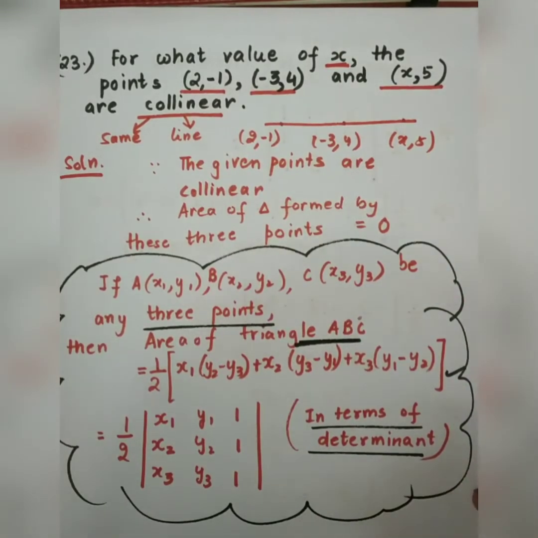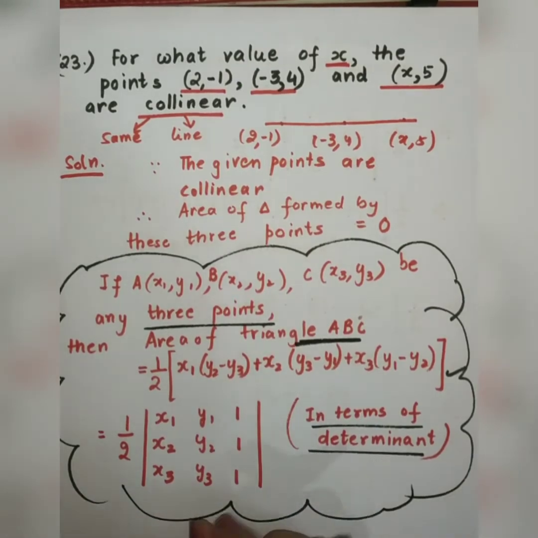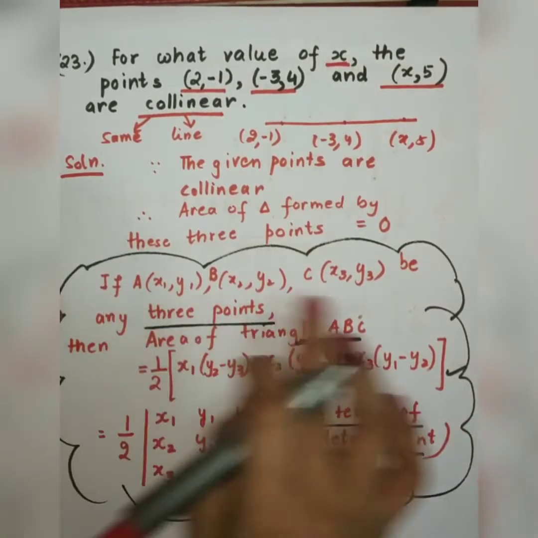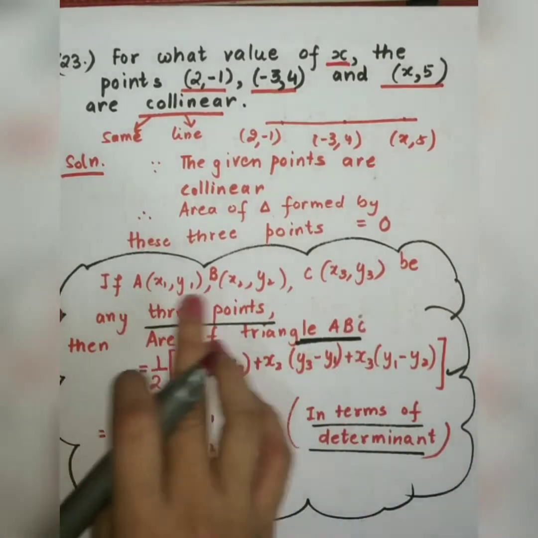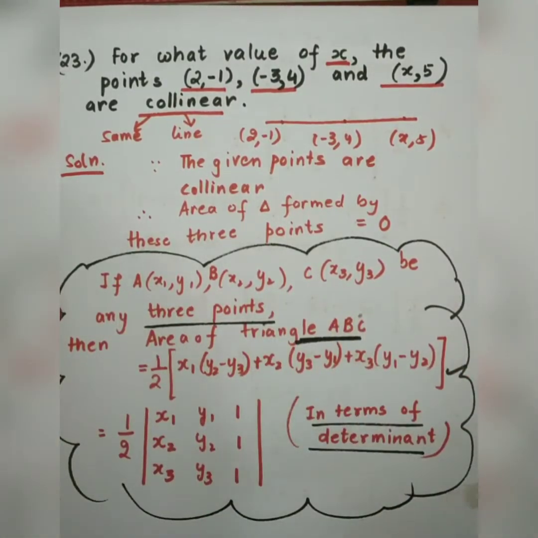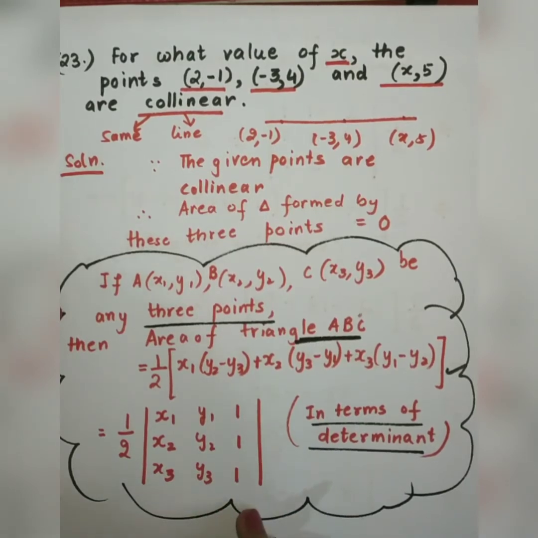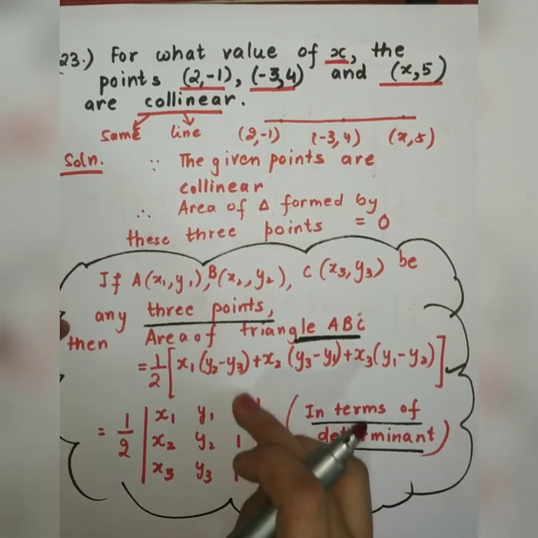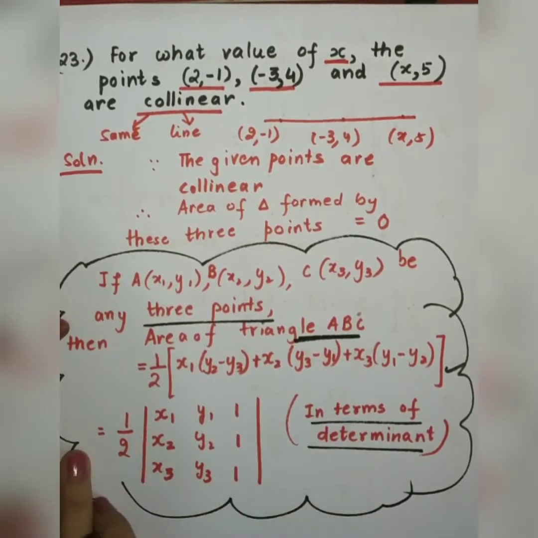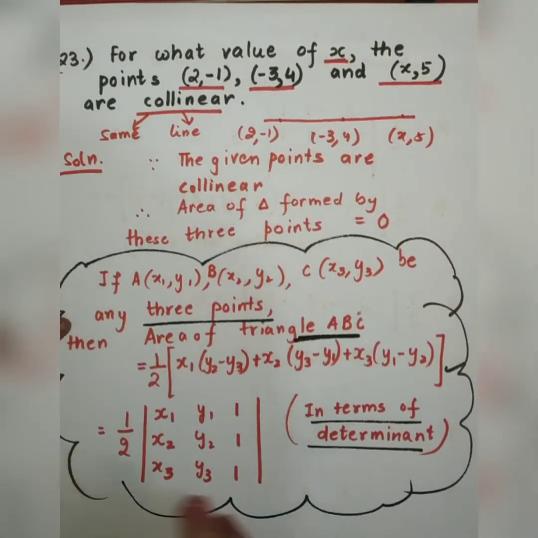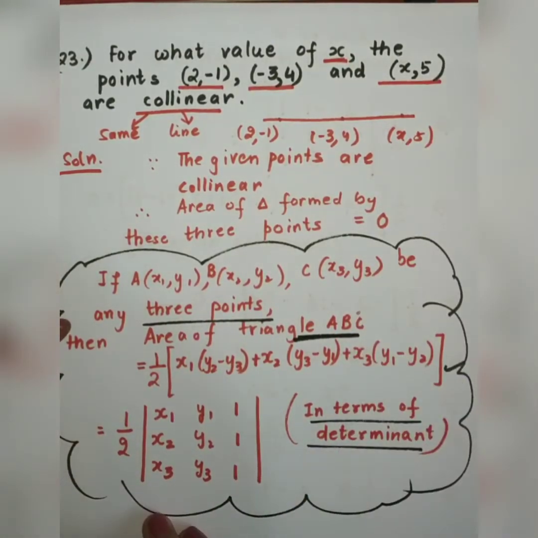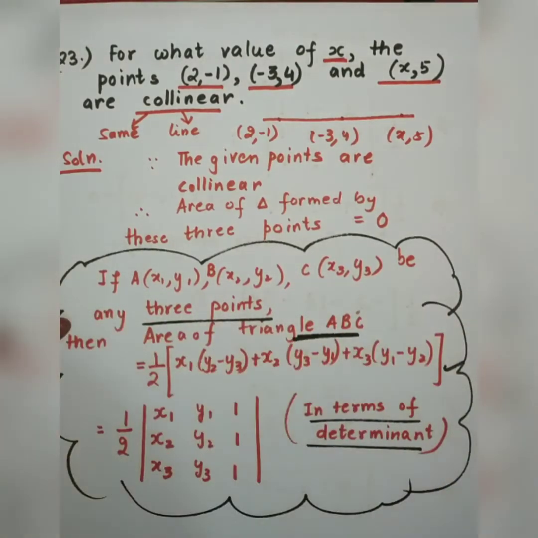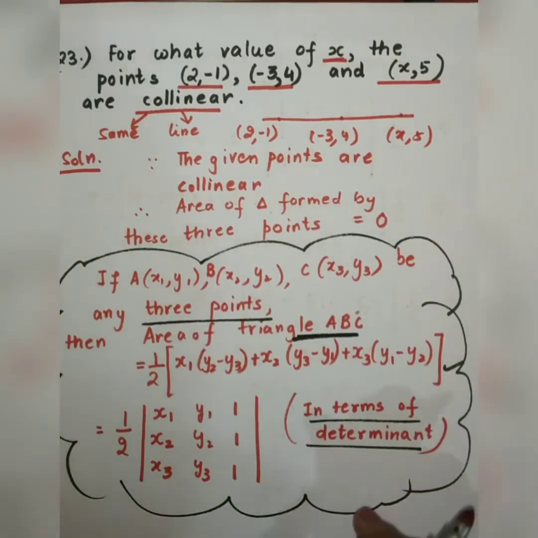So this is a question that is based on applications of determinants. You have to remember this formula in order to find the area of triangle ABC, where these points A, B, C are given to you. Clear? This is the simplest way to remember this formula: write all the x coordinates in column 1, y coordinates in column 2, and column 3 will be 1, 1, 1. Clear? And half you have to add in front of it. So just simply put all these values here and expand this determinant. We will get the area of the triangle that is formed by the given points. Clear? So this is a very short trick.